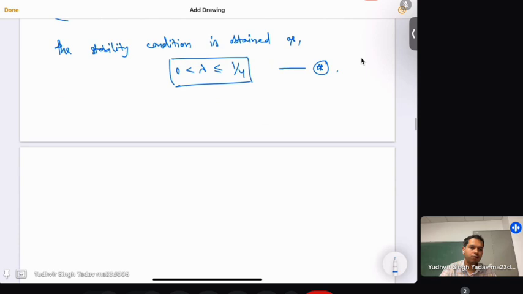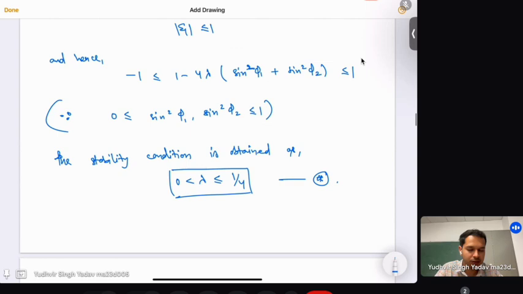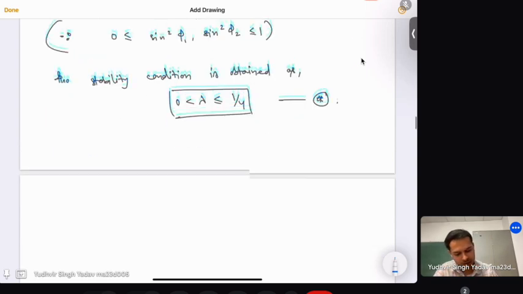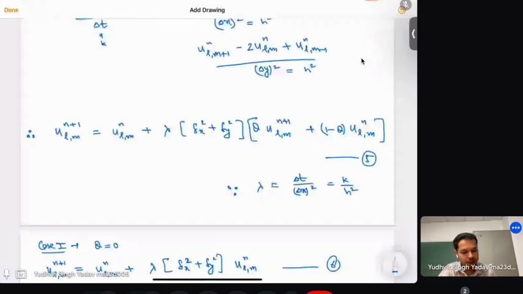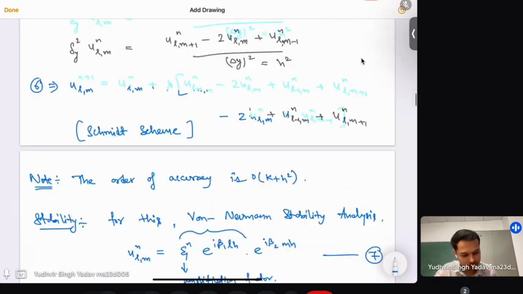So up to now, we have discussed the stability and the order of accuracy for the explicit scheme with respect to the two-dimensional heat equation. Now we will see one more case. Equation 5 is our general form. Here we have taken theta equals 0, which results in the explicit scheme. Now in equation 5, if we take theta equals half, let us see what happens. So we will take another case. Suppose theta equals half,